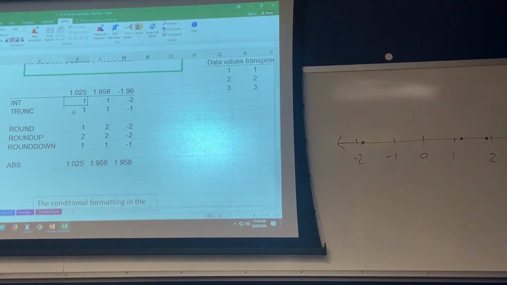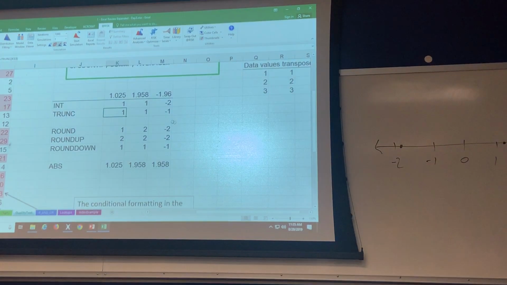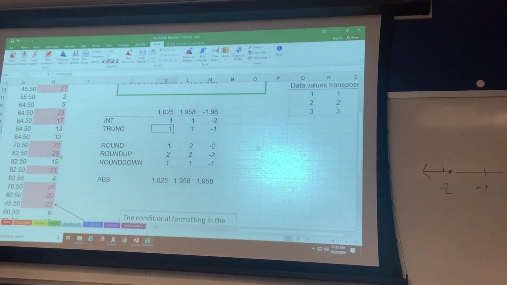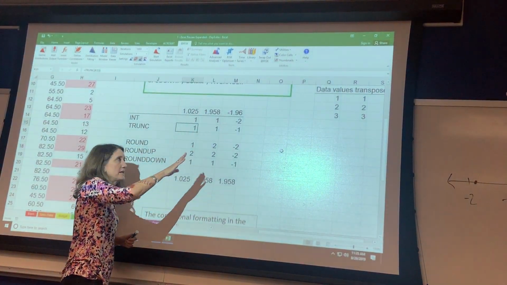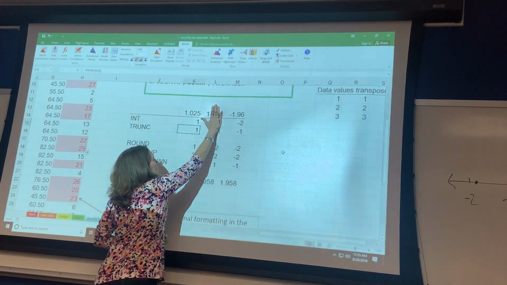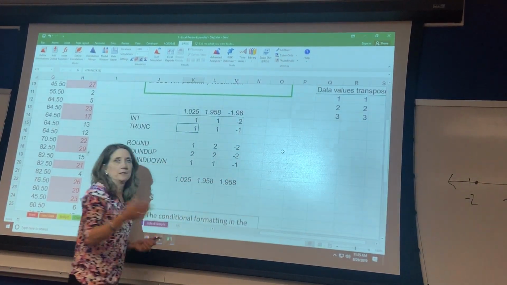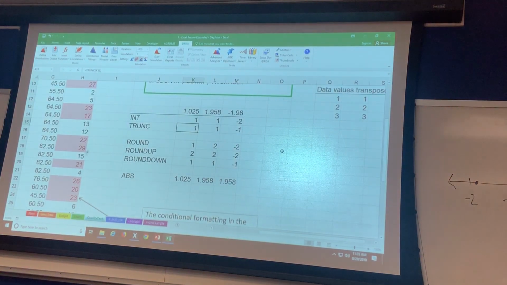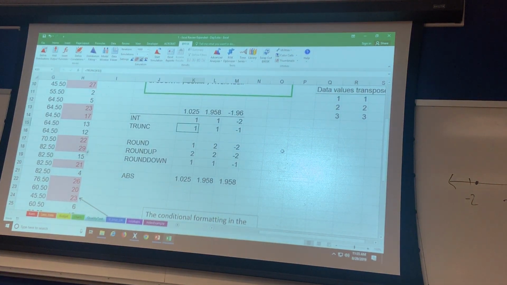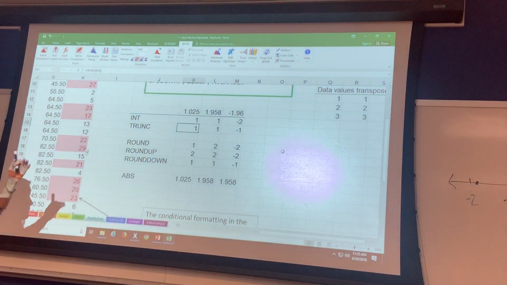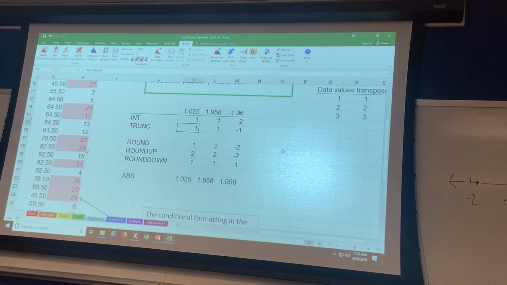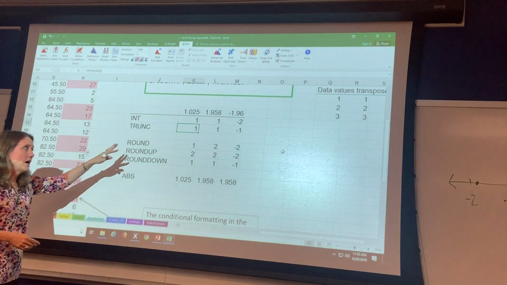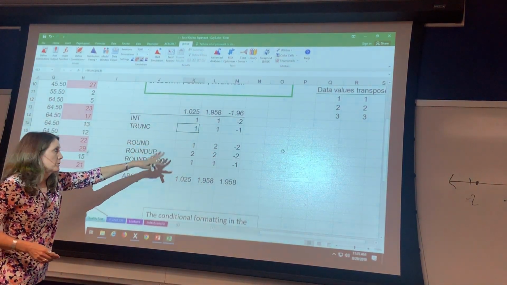In the one where it truncates, it couldn't care less what number is past the decimal place. It just chops it off, gives you a 1. Chops it off, gives you a 1. Chops it off, gives you a -1. That's it. It's just chopping off the decimal and leaving you with the integer portion of that number. The other one was going down to the next nearest integer, and that's why it became 1, 1, or -2. While you may not use those a lot, I have them up there because I want to contrast them